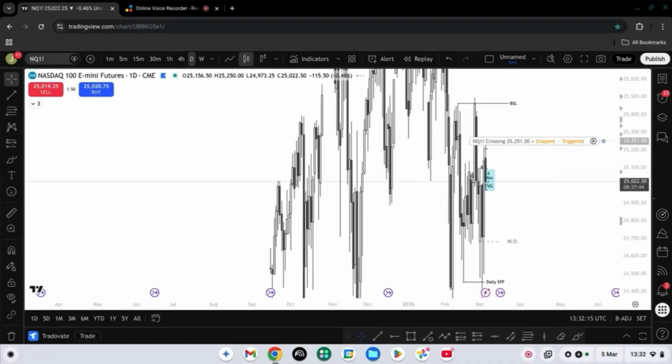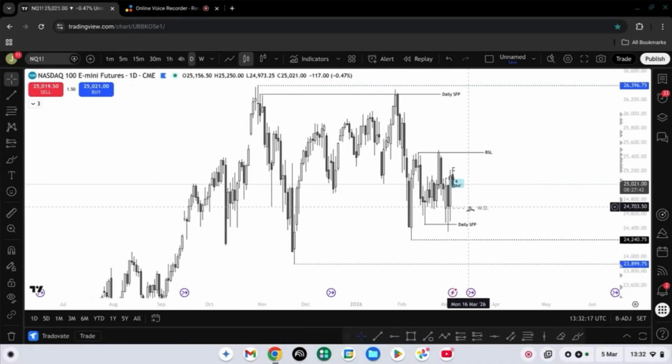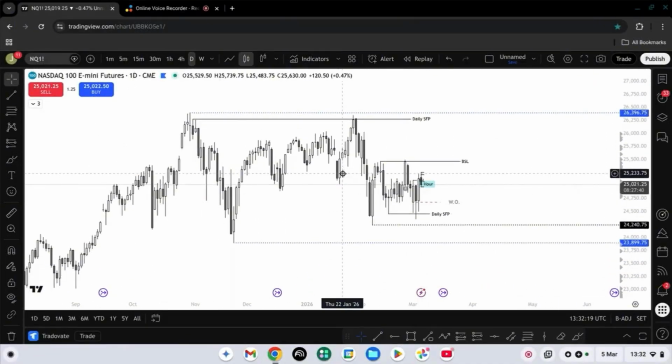Okay, what am I going to be looking for today? We're going to start off on NASDAQ, and I'm not actually going to look at gold or the euro because I'm not going to trade either of those two things at the moment. I probably won't trade them for a few days at least. Definitely, probably not until next week. So today I'm only going to be looking at NASDAQ and S&P 500.